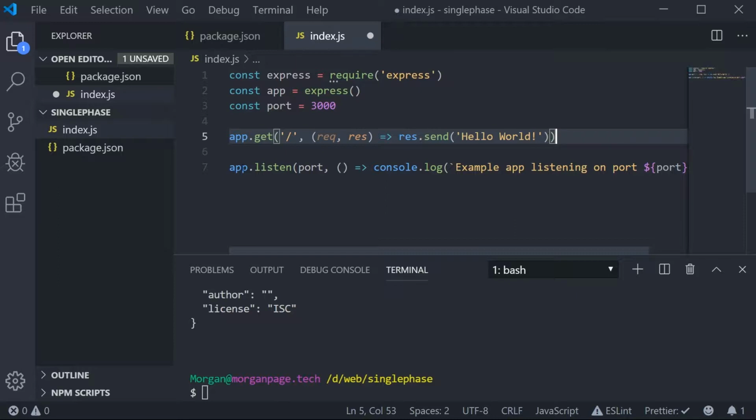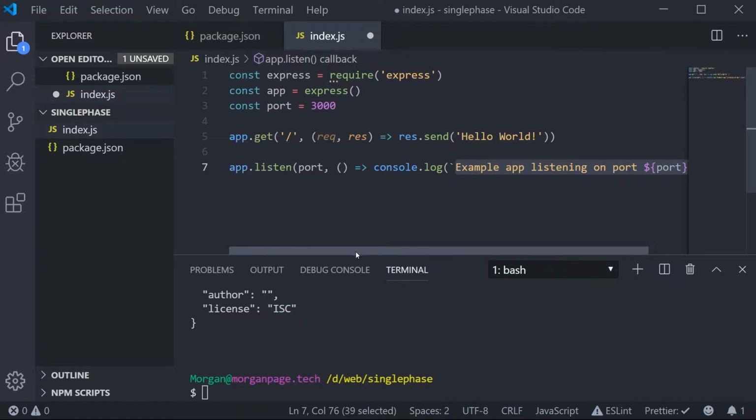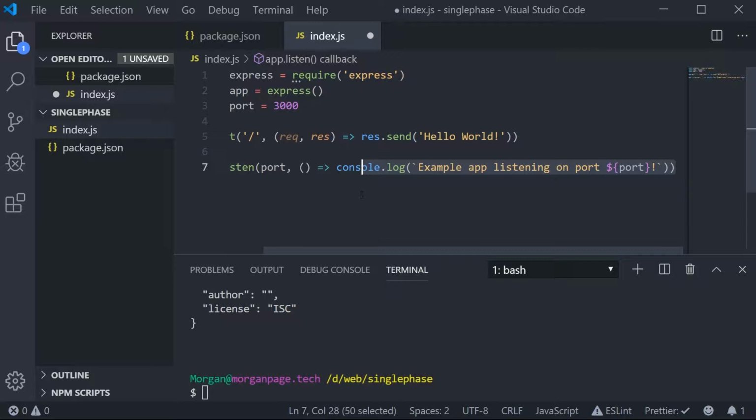And the final thing we have to do is we have to tell Express that we want to listen on port 3000. This is just what will essentially output to say yes, we have started the web server and now we are listening on this port. So it's a very quick overview of what this code does. So if we save that, Control S,